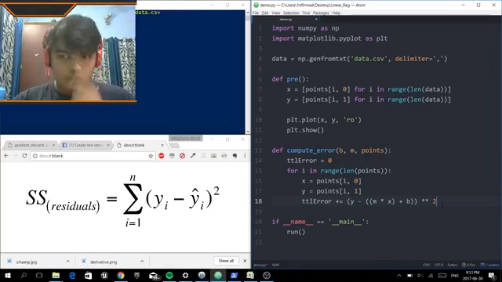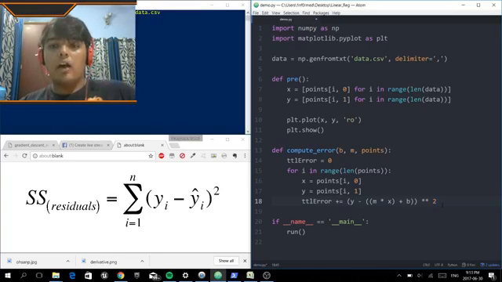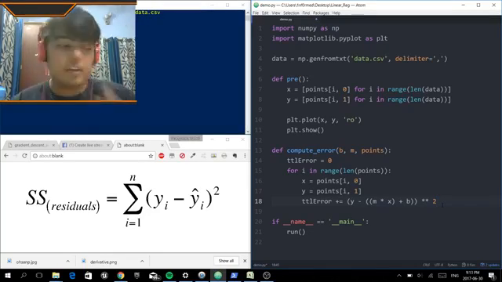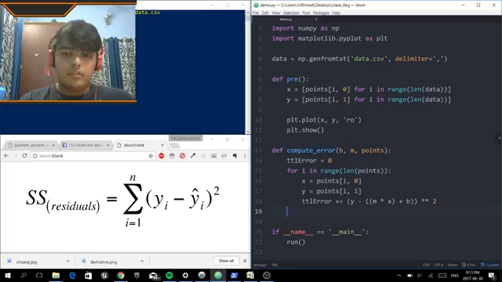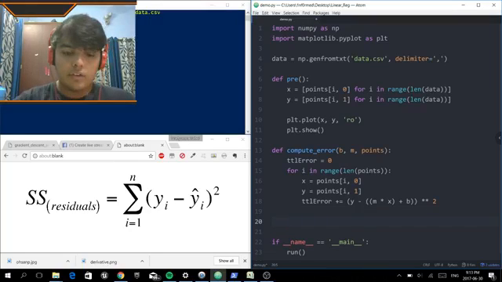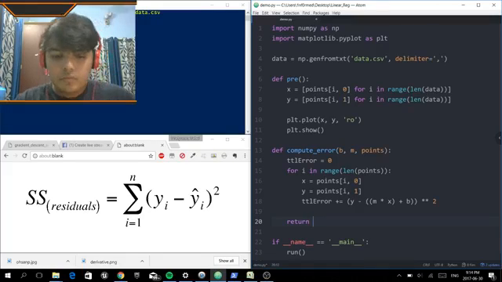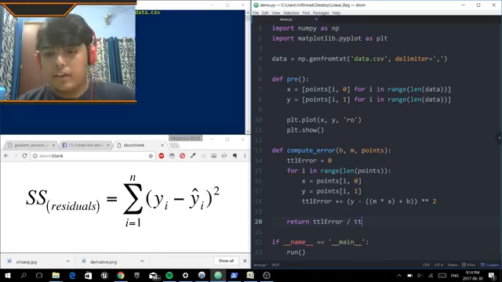Okay, we're calculating the error, we're just adding it. We're calculating error for those given points, given our values for slope and y-intercept. Then we're adding that to the total error. Next, we return total error divided by